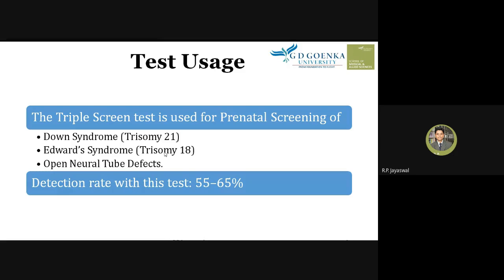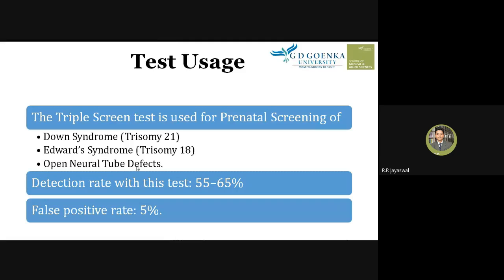Though the detection rate is not 100%, it helps to screen out the development of Down syndrome, Edwards syndrome, or neural tube defects like disorder in the developing fetus. If we do the triple test, and if there is a diagnosis of Down syndrome or neural tube defects or Edwards syndrome, then we can